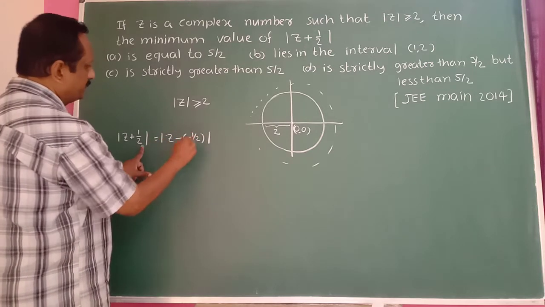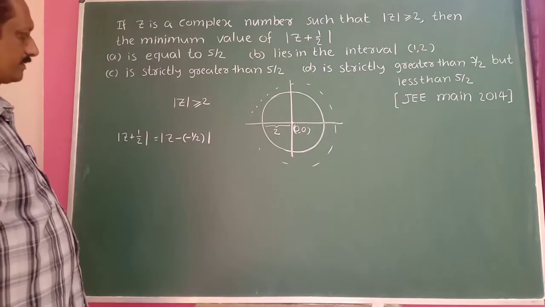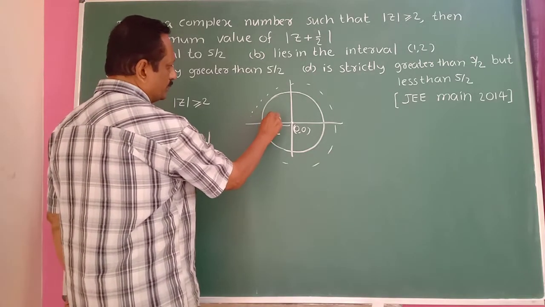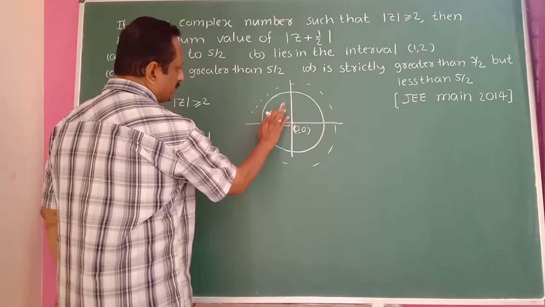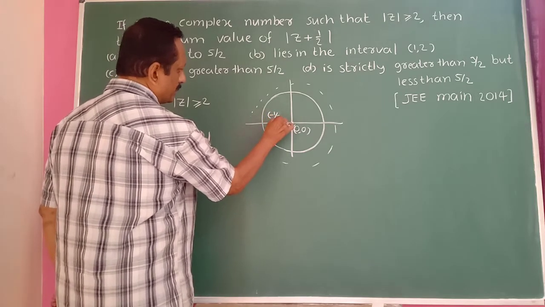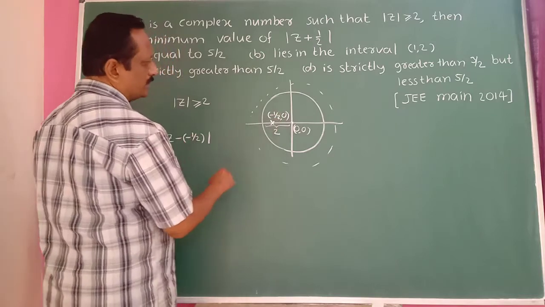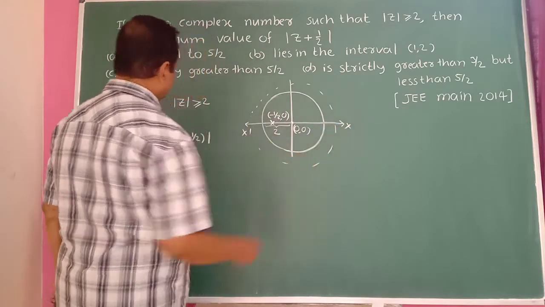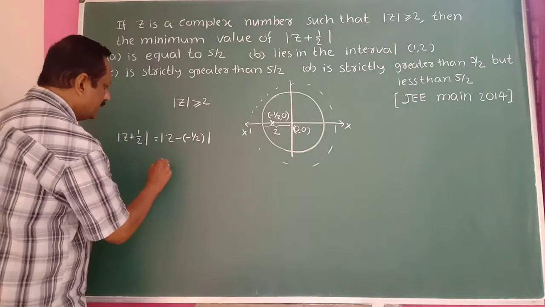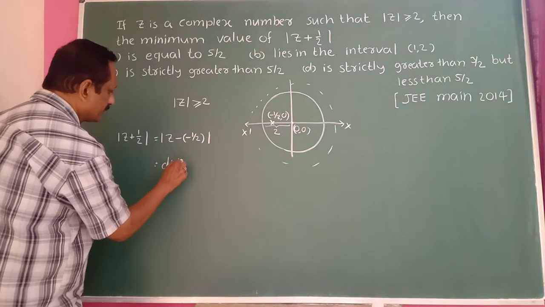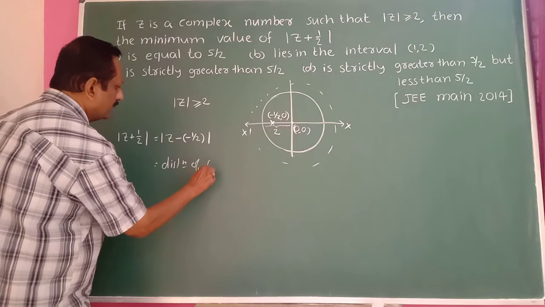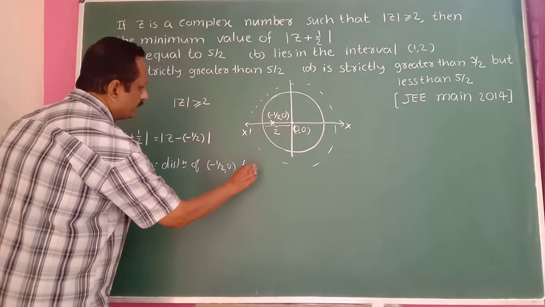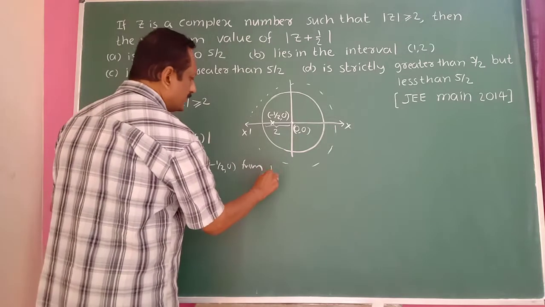Therefore here minus 1 by 2 comma 0 is a point that lies on the x-axis here. Okay, therefore it represents a distance of minus 1 by 2 comma 0 from a point on the circle